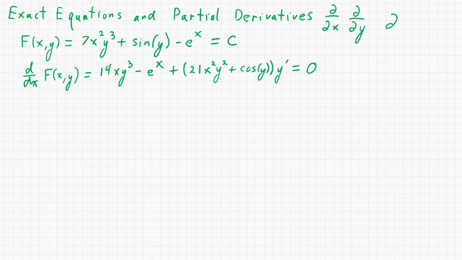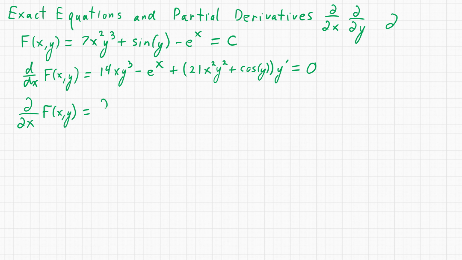So previously, I had this function f of x comma y equals 7x squared y cubed plus sine y minus e to the x equals a constant. And when I took the derivative d dx of f of x comma y, that was equal to this thing, and I had these two pieces. I had this 14xy cubed minus e to the x, and I also had everything else that was multiplying y prime, the 21x squared y squared plus cosine of y. So here's where these partial derivatives come in handy. If I take the partial derivative of f with respect to x,